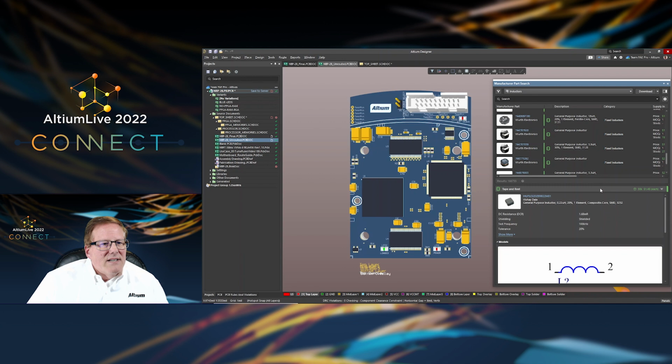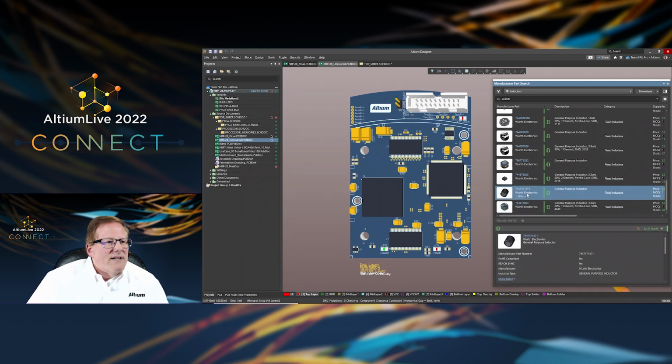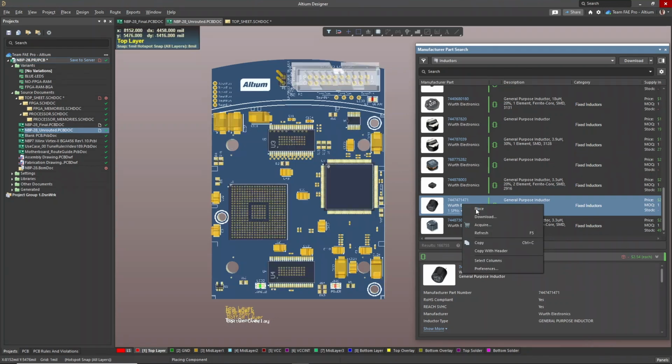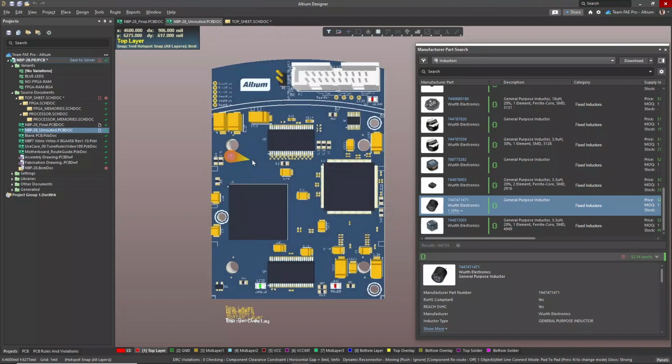I'm going to find an inductor here. Say this guy here. And I can go ahead and even place this. Again, I'm not in the components panel. I can place this guy here, and also